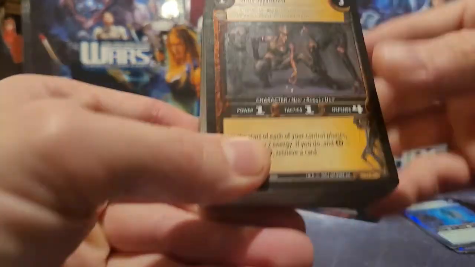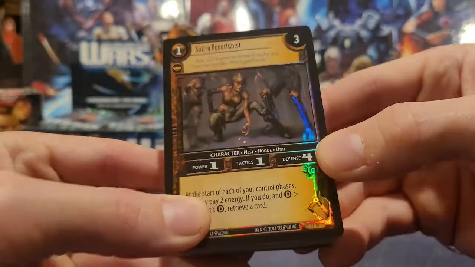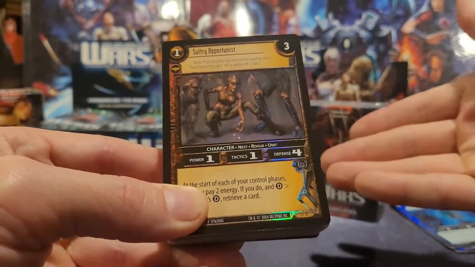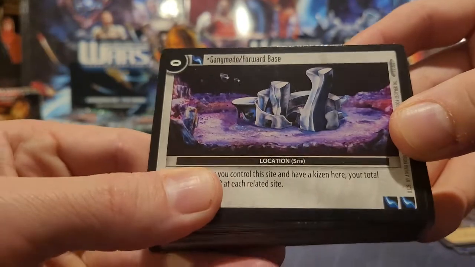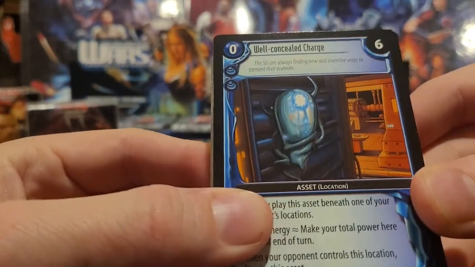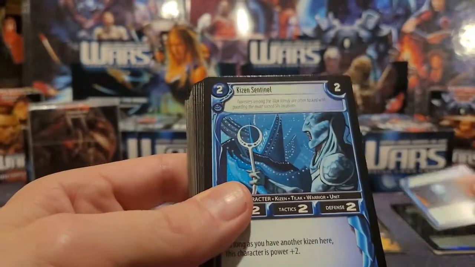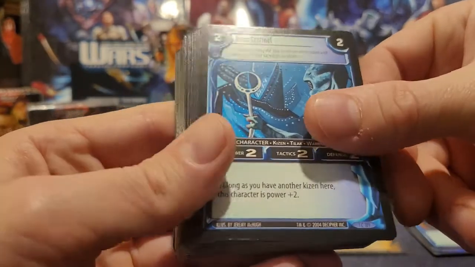Alright, skipping ahead, it looks like our last foil is going to be a Maverick card, Sultry Opportunist, and you can see now, looking at the bottom, this is a member of the Nest faction. Alright, and then we have Ganymede, a forward base. We have a well-concealed charge, an asset, a Kaizen Sentinel,